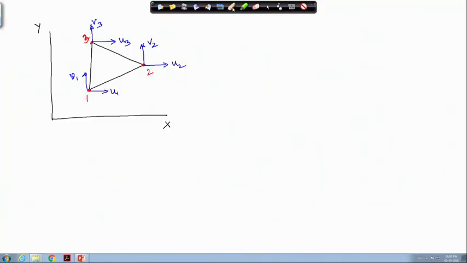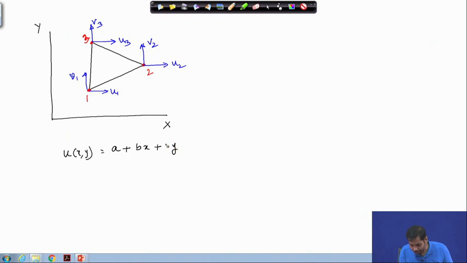Okay. So, let us assume u at any point x and y is equal to a plus bx plus, since it is in 2 dimensional, we should have a function of y as well, cy. Okay. Now, some of the important points we will discuss at the last class. One point, of course, as I was mentioning, is how to calculate the error between the prediction and the actual thing. This is one point, and another important point is this one,